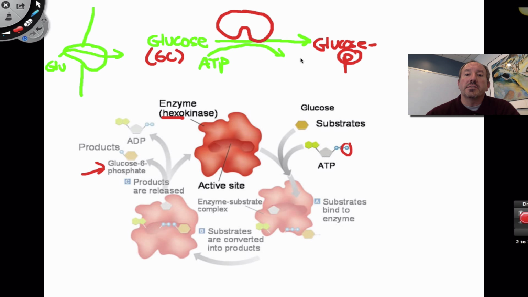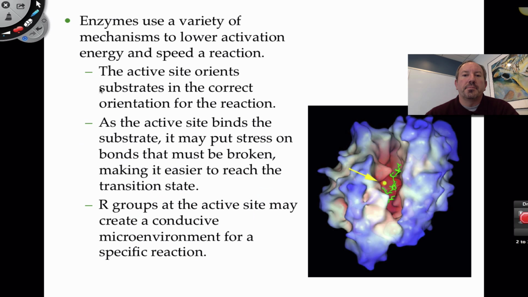And so what else is a product in this chemical reaction? Adenosine diphosphate, because it's losing one of its phosphates. So here are the reactants, here are the products. And how this occurs is the enzyme hexokinase speeds up that chemical reaction. It's pretty cool. And so, again, just to finish with this notion, how is it that they work? After watching this, can we still answer that? Can we answer this question?